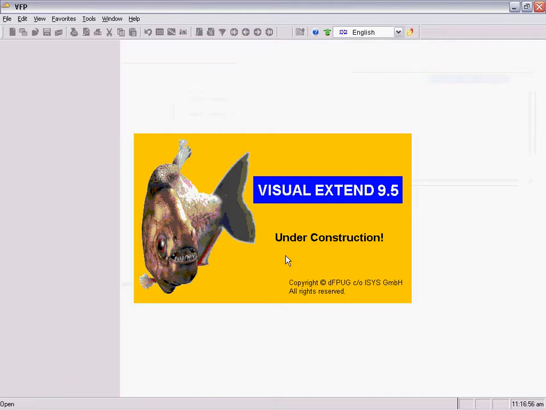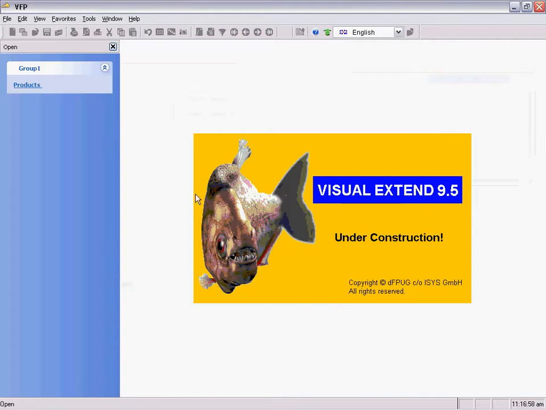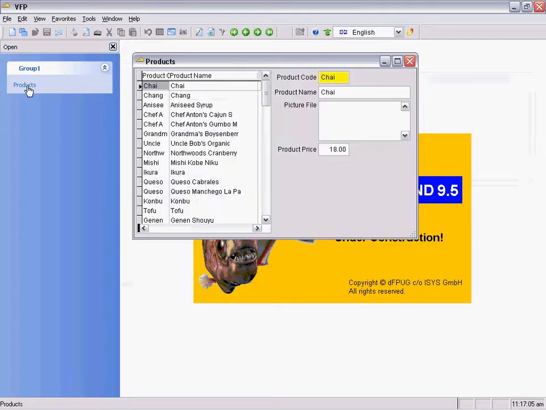I will run the VFX main program in order to start our application. You can see the splash screen and the login dialog, and now at the left part of the screen you see the XP Style Open dialog.